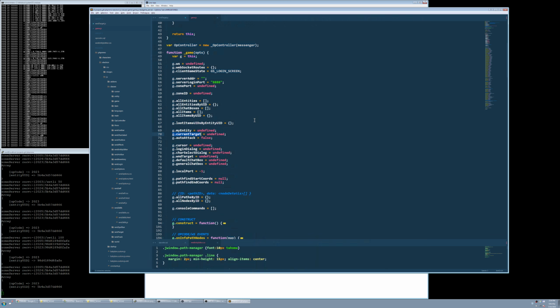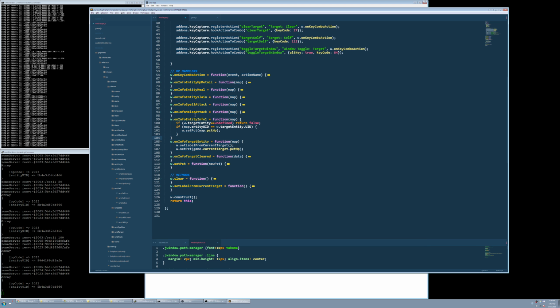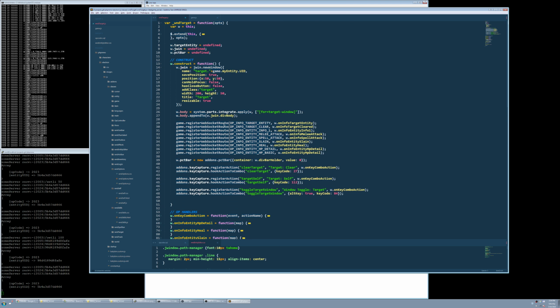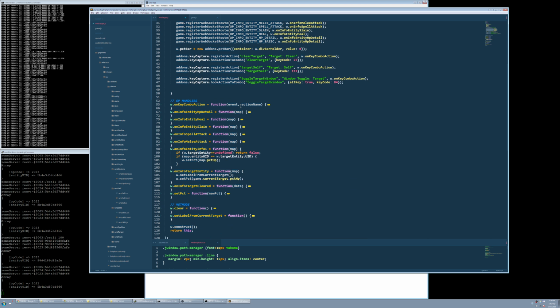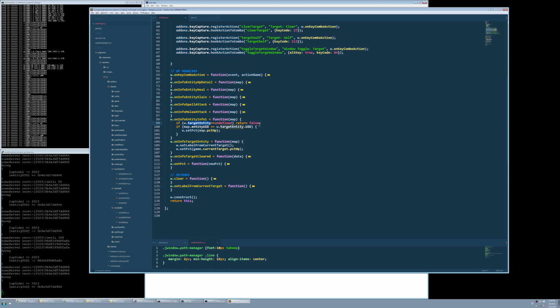Right, alrighty. So we should probably use that. That's probably what was going on. I might have been eliminating this w.target entity from this class and using just the game's target tracking. So that's probably what's going on. So instead of w.target entity,